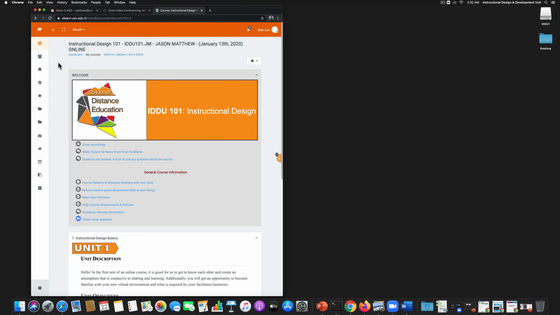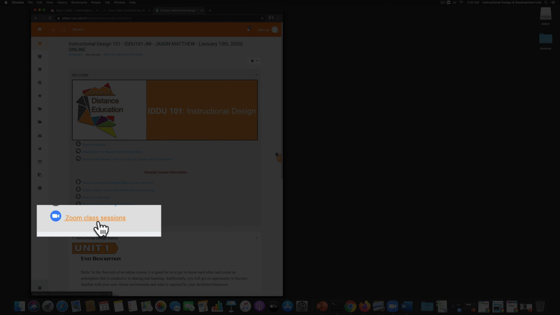In most cases, it will be found on the welcome block. So in this first example here, I am the student Stan Lee, and I have logged into my eLearn account, and I'm on my course Instructional Design 101. And if I go to my welcome block, I do see that there's a Zoom link there for Zoom class sessions. So if I click on this link,